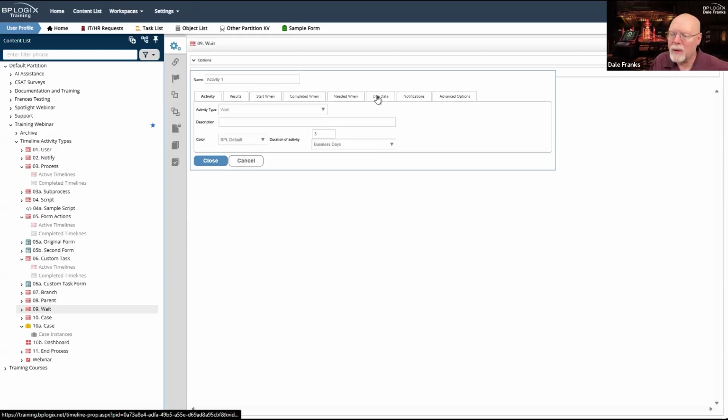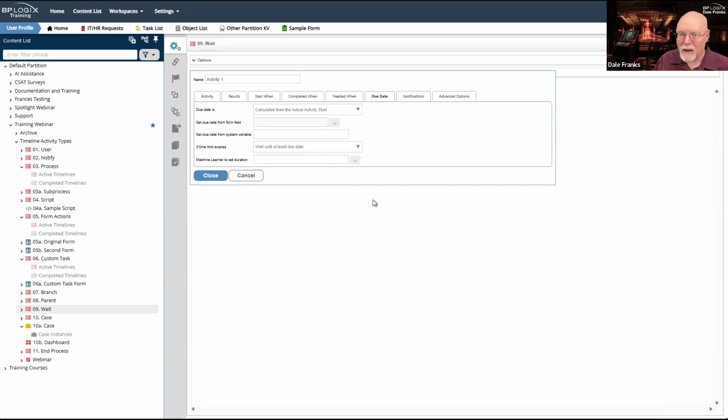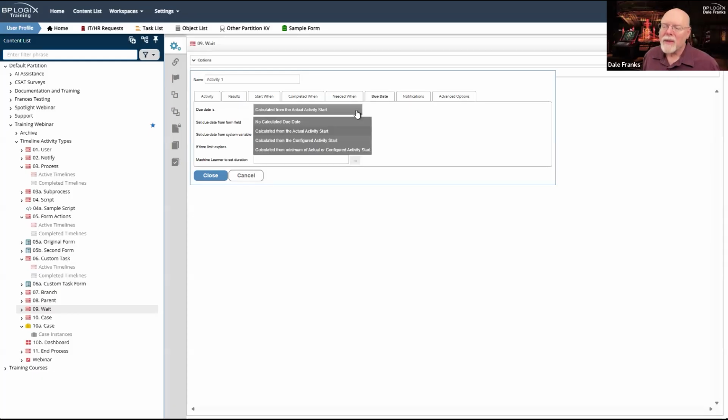All I have to do is set my due date tab appropriately. So if I want this thing to run for 3 business days, I'm going to need to go to the due date tab and make a couple of specific changes. The first thing I'm going to want to do is calculate it from the actual activity start. There are a couple of different ways that due dates are calculated.